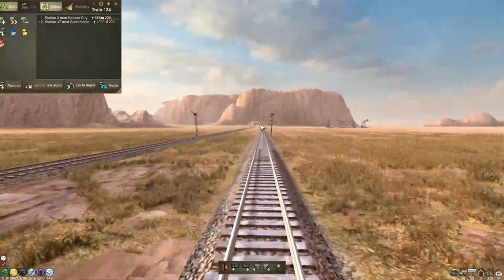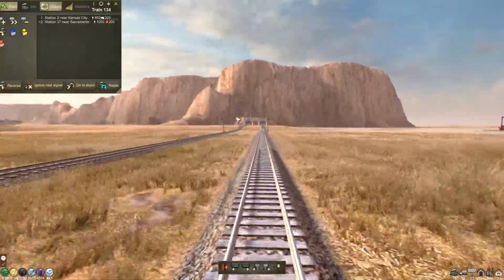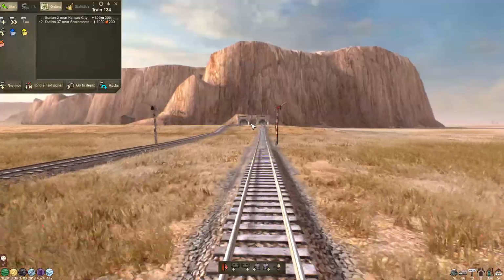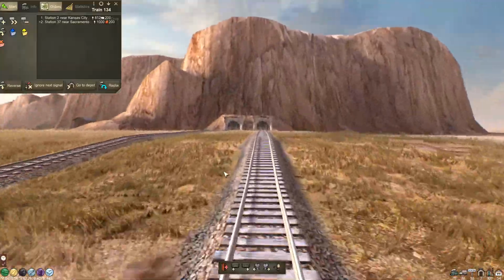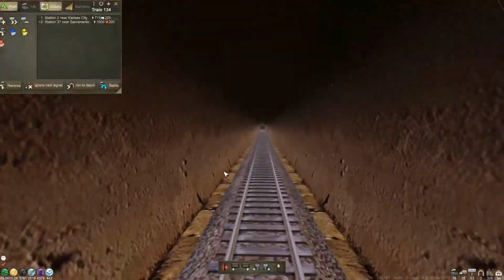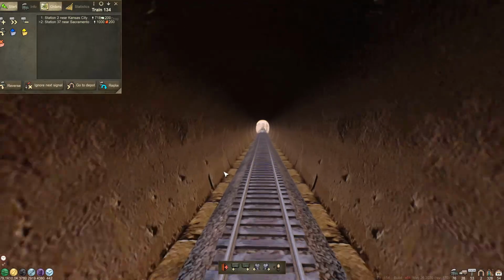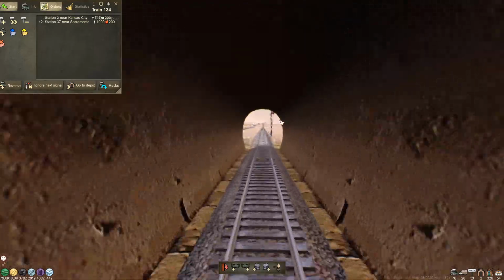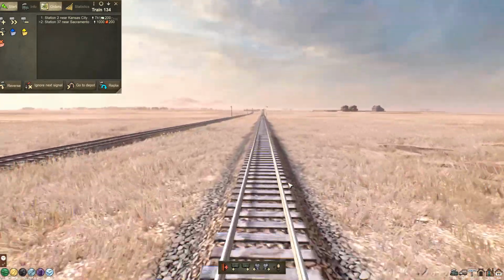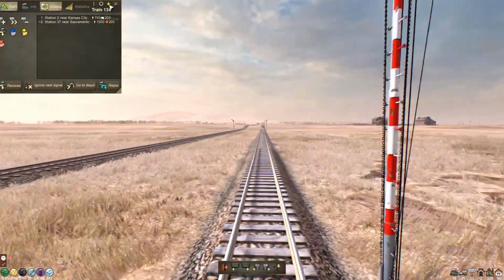Yeah, so we have like this tunnel. This is pretty scenic like this. So we're coming up to this tunnel and it goes through this big old mountain. How cool is that? I like it. I like it a lot. Yeah, we definitely need to upgrade all these rails. Alright, enough messing around. Let's go ahead and...